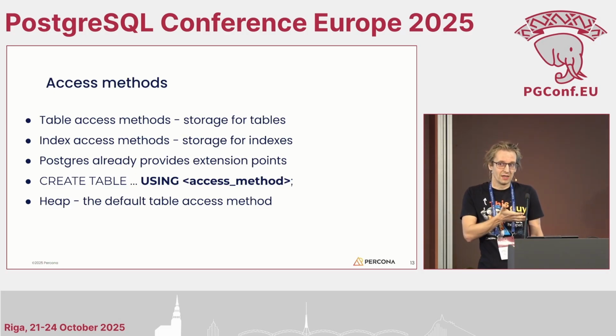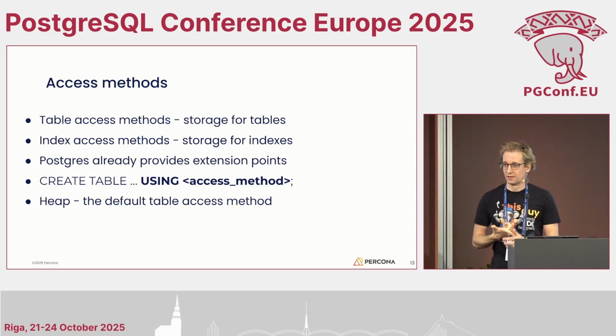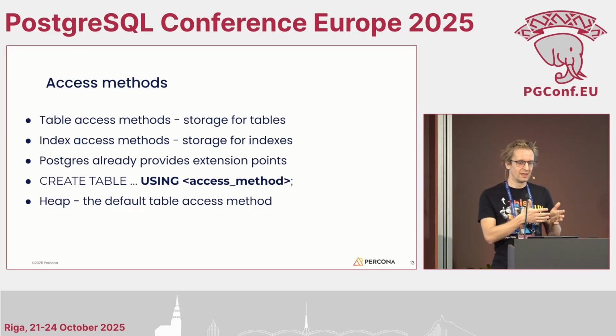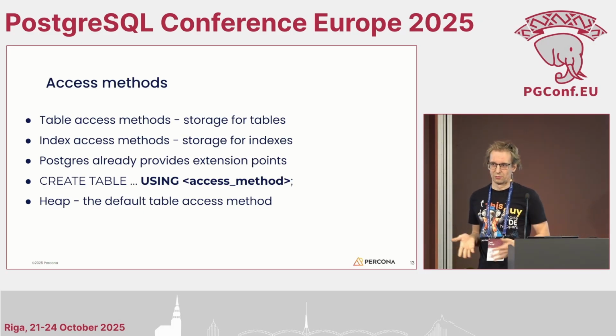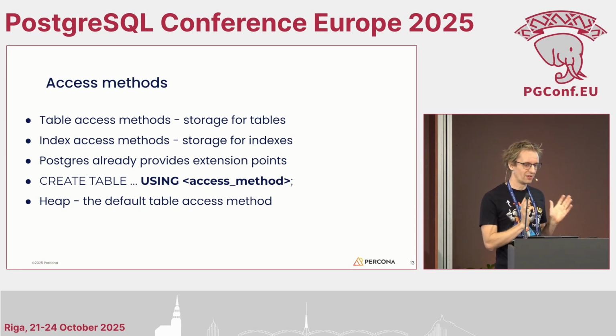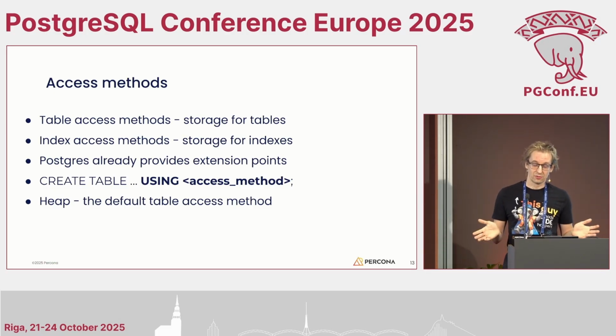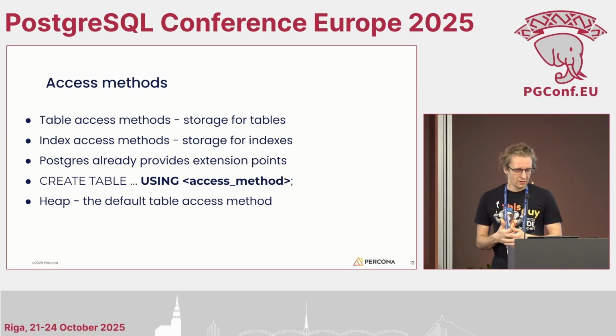But there are other extensions. Citus provides its own access method, TimescaleDB also has one, and there's also OrioliDB. And of course, there are many more index implementations. I think many people use custom indexes for PostgreSQL, and other projects provide custom index implementations. So this is something that's already there and usable.